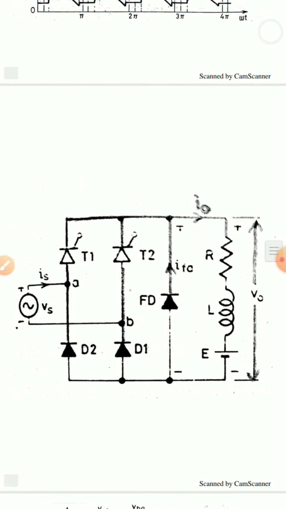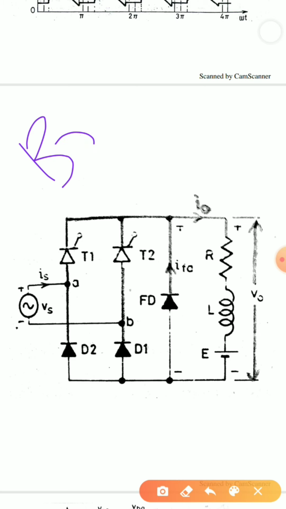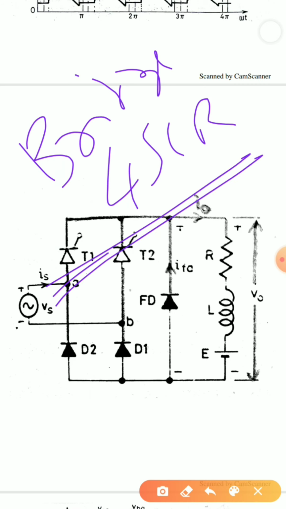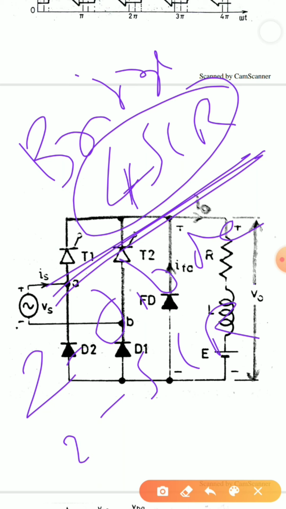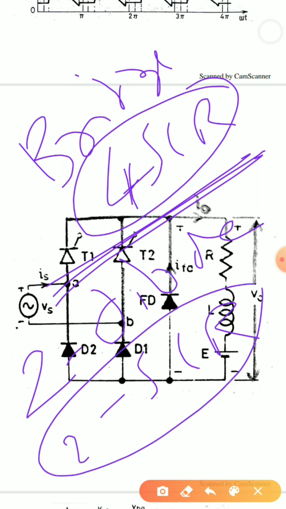Then we will move on to the next portion, that is single phase semi converters. A semi converter is nothing but, in the bridge converter where we had 4 SCRs, now in place of 4 SCRs, we use 2 diodes and 2 SCRs. We will get a similar operation, but the cost will be reduced. How will the cost be reduced? Here we have to invest in 4 SCRs, while here we just need 2 SCRs.